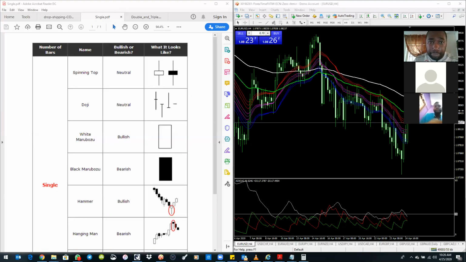It is an indication that the market, after going up for a while, is about to change its direction. Now, that change in direction might be long-term, it might also be short-term, and it might not even change direction